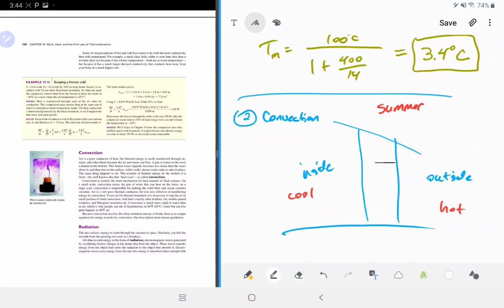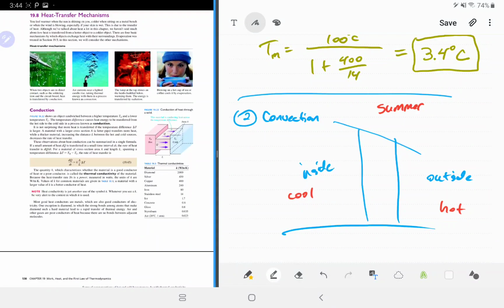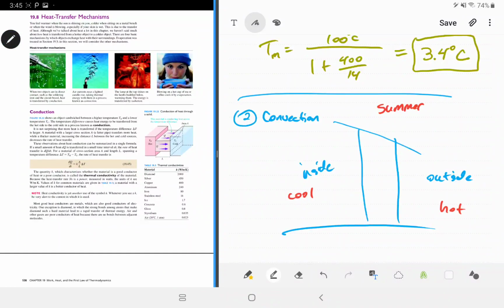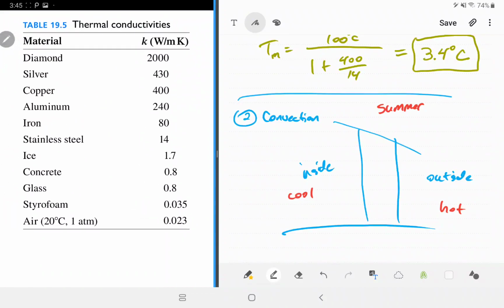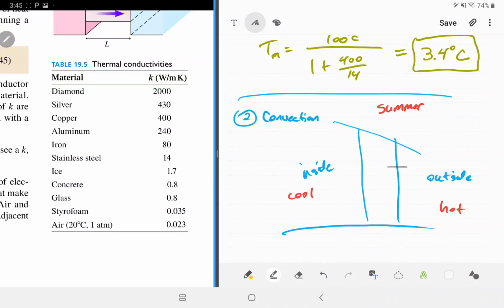Okay, so what goes on with air in here? So we're not talking about thermal conductivity just straight across. I suppose it would be going from hot to cold. So air actually does have a thermal conductivity. So notice it right here, but it's not very big, right? So if it's just air and it's just conductivity, not much heat flows. The main way that heat flows in the walls of your house is that the air here is going to